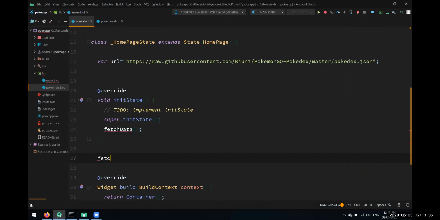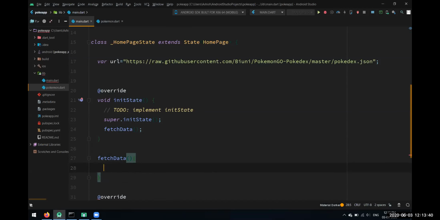We created this method. It is not necessary for you to specify the return type of a function. Even if you don't specify the return type over here, that would be fine. That has that flexibility. You do not strictly have to write the return type of every function.